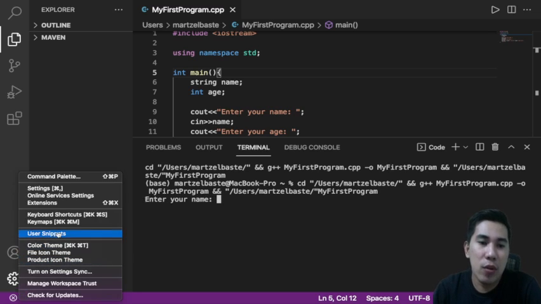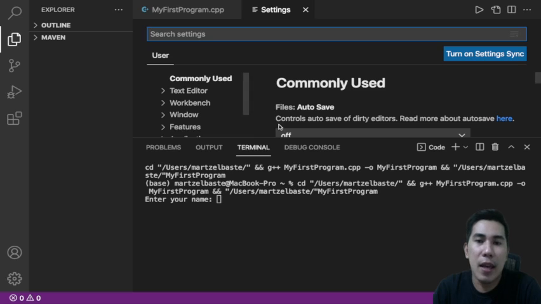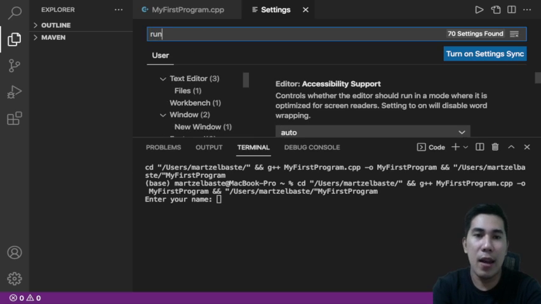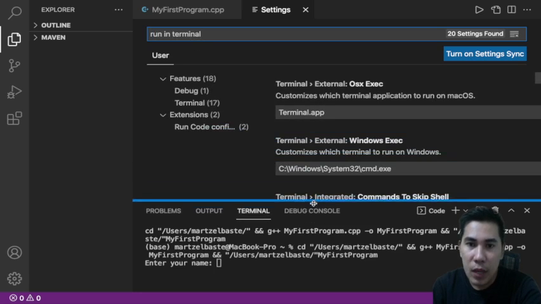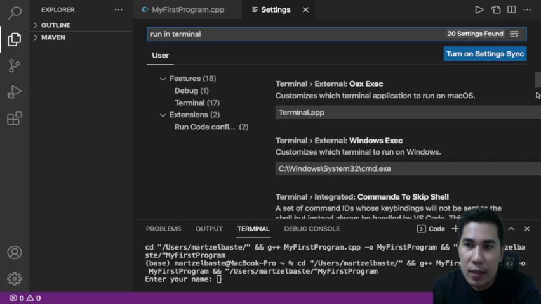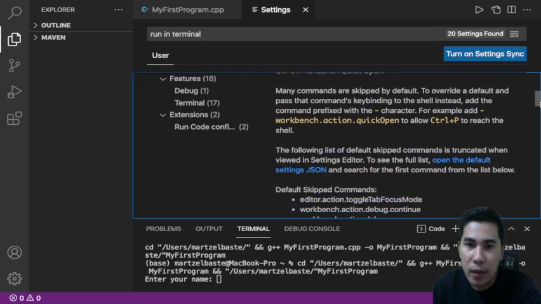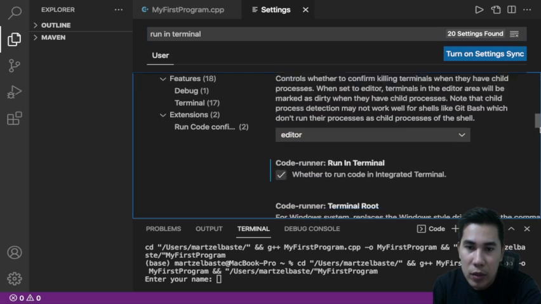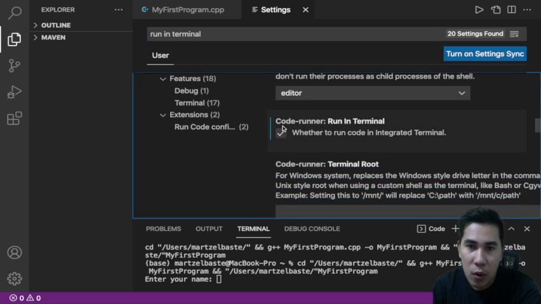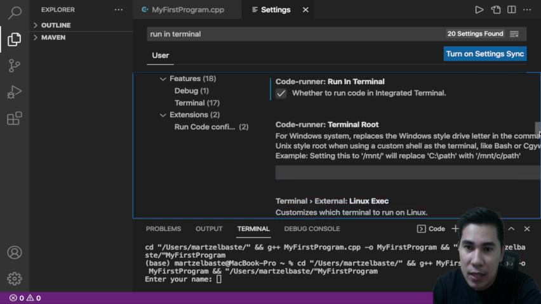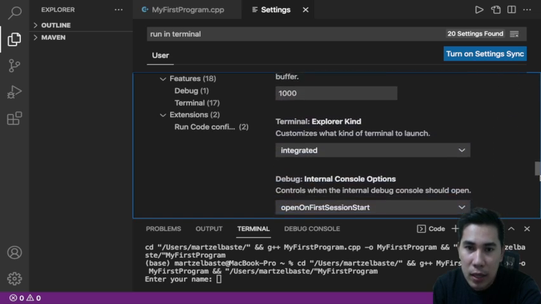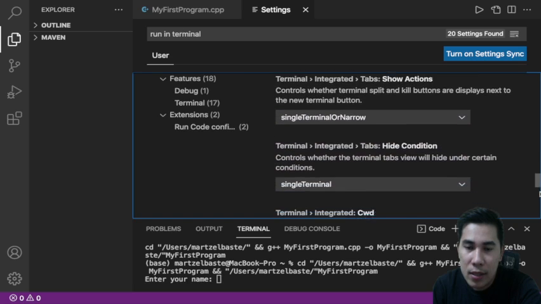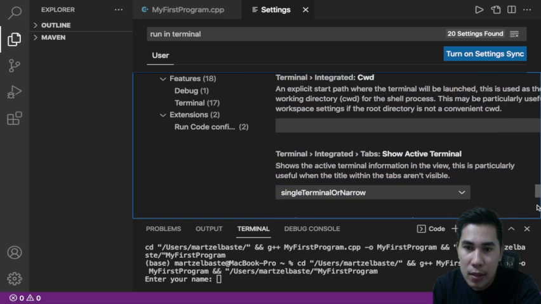All you need to do is go to settings and type something like "run in terminal", and look for the option. It's going to be something like this one, code run in terminal, and check that if ever it's not checked. And then another thing that you will need to check is